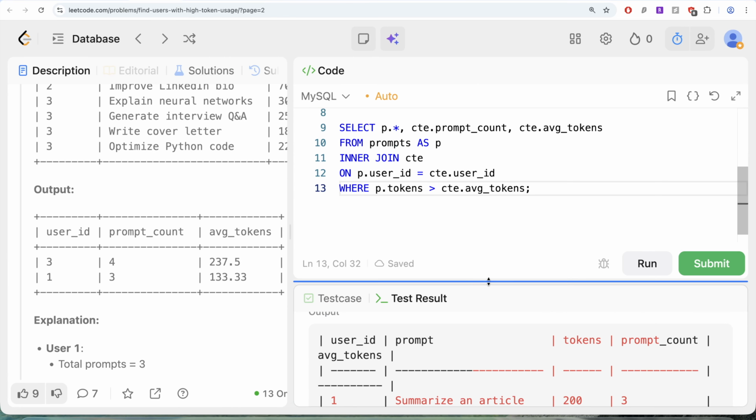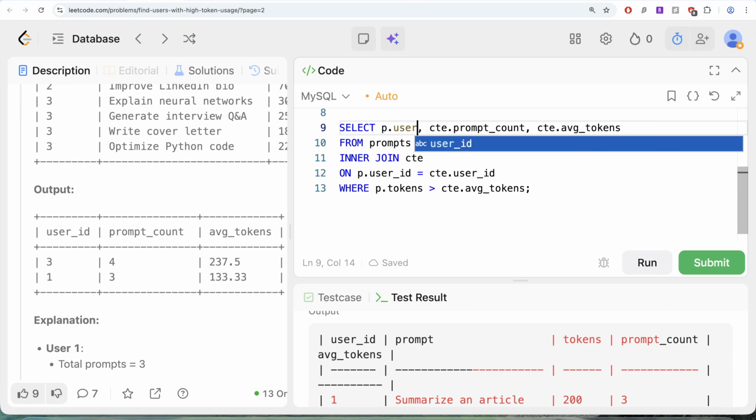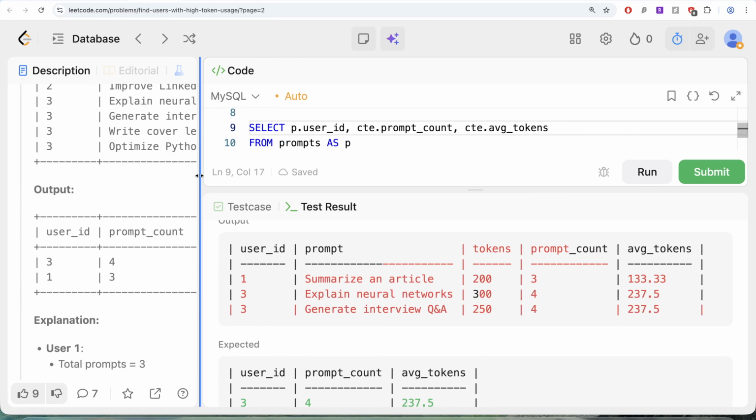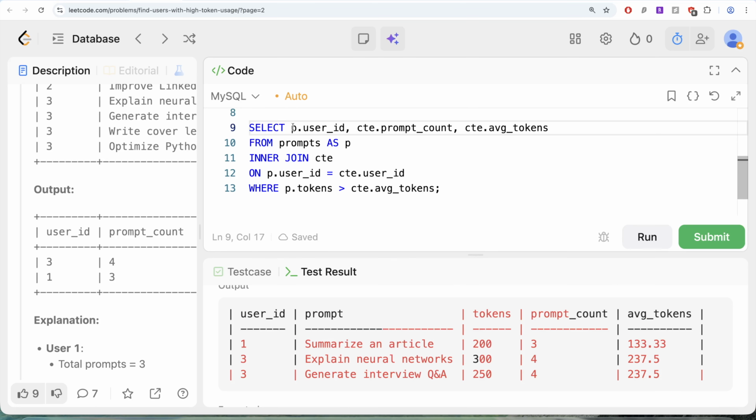So from prompts, we keep the user ID, and we should have DISTINCT in here. Why? Because for the same user ID, there could be multiple prompts that satisfy the conditions. So return only distinct combinations of user ID, the prompt count and average tokens used,